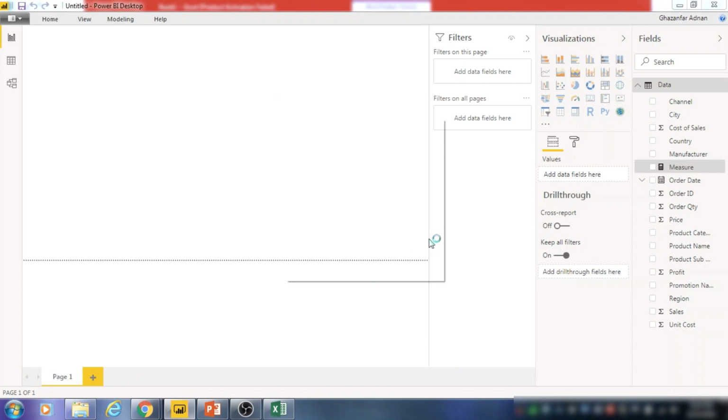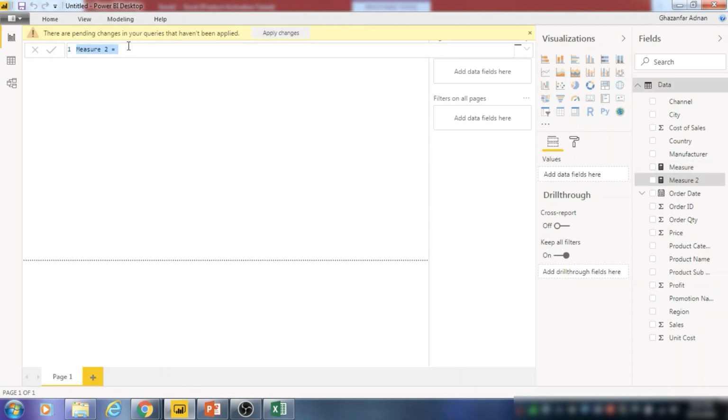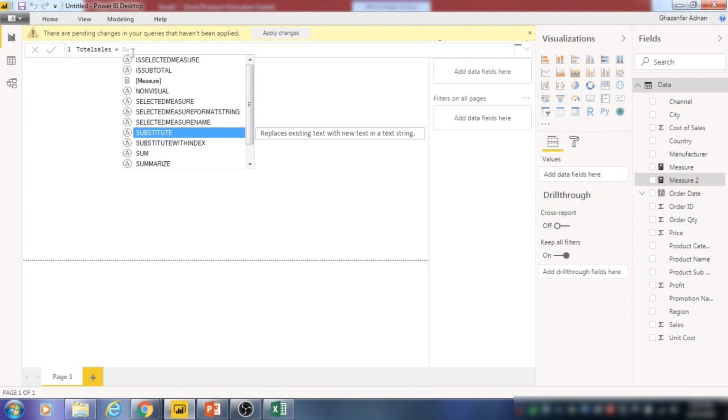Before we actually make it, let me tell you how the measure works. We'll use the term of summing and create a new measure in our fields area. So over here we have total sales is equals to sum